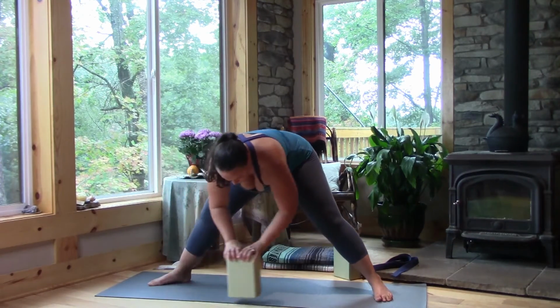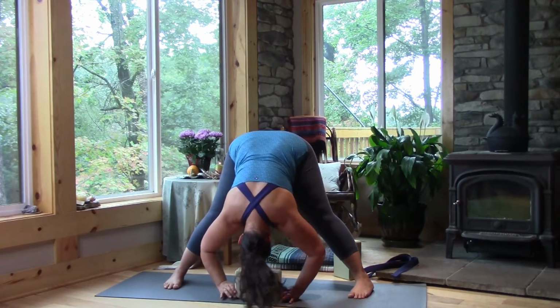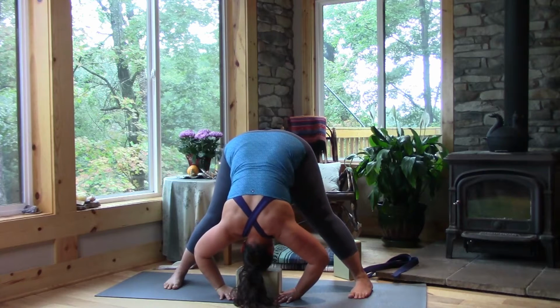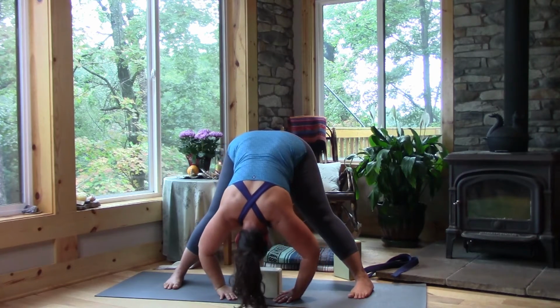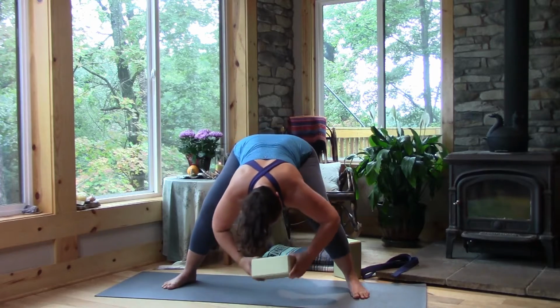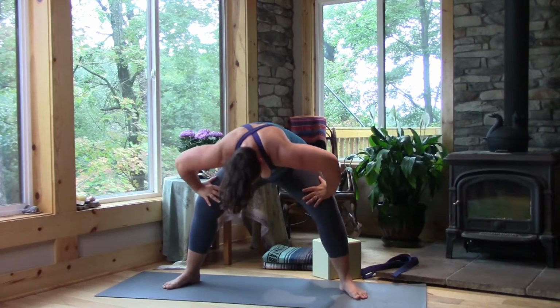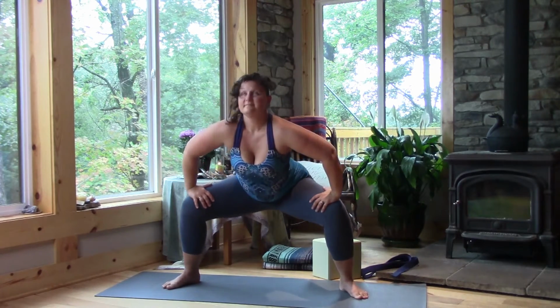Use the block to help you come out. Find one more wide leg forward fold. Breathe and be. Take your time to come out from your fold here, hands to thighs, roll up and into a few standing